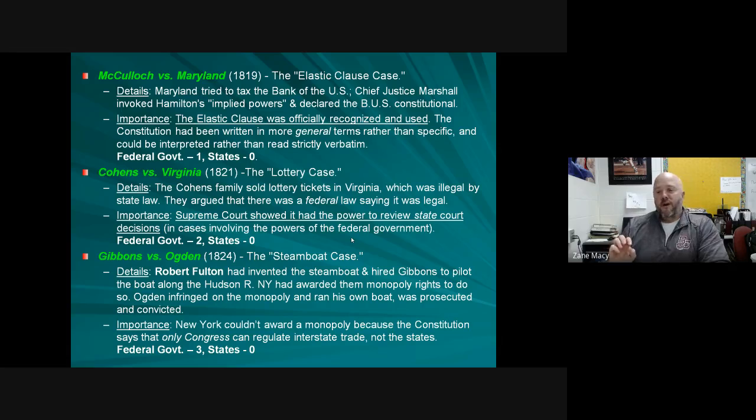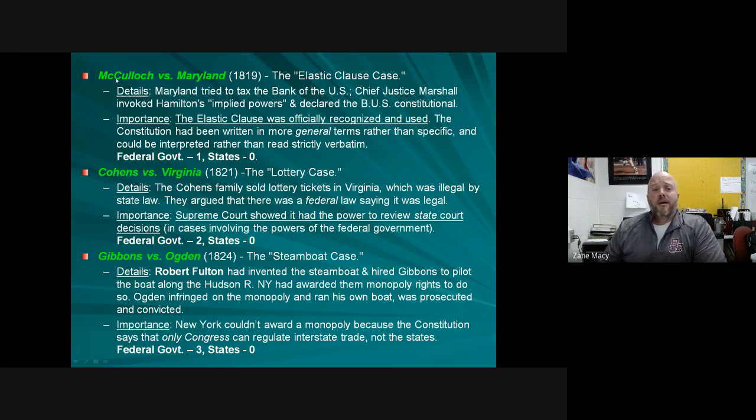Southerners, who were far and wide Democratic Republicans, had been anti-Federalists. They supported the issue of states' rights, that states were too restricted and the federal government had too much power. After the Supreme Court establishes judicial review in 1803 as a significant power, you're going to see John Marshall and the Supreme Court end up exercising that authority, and this really decides the debate about states' rights in the span of a handful of court